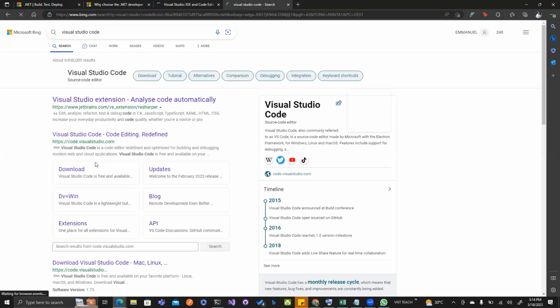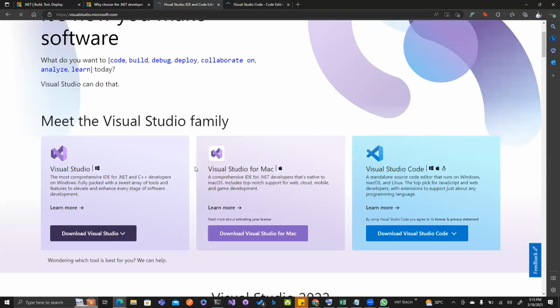So to get Visual Studio, you have to go to visualstudio.microsoft.com. My internet is acting up. Then to get Visual Studio Code, you have to go to code.visualstudio.com and you should be able to get it. If you're using Linux, you wouldn't be able to use Visual Studio because it's not available on Linux, but it's available on Windows and Mac.